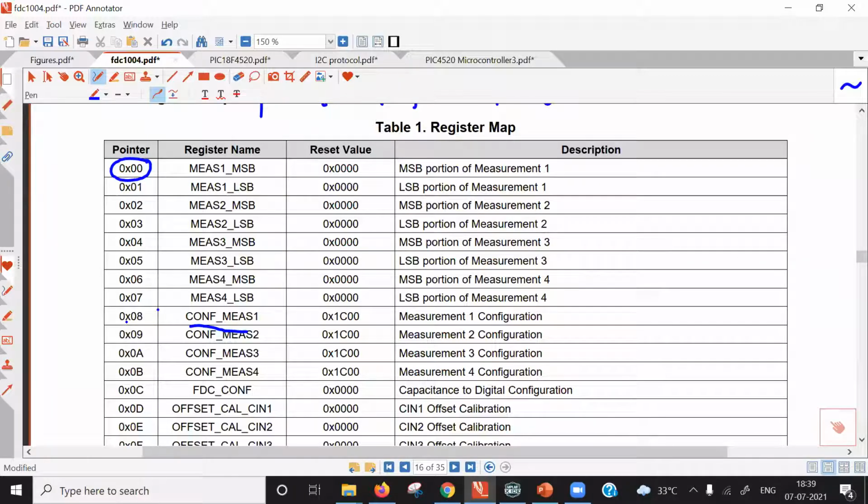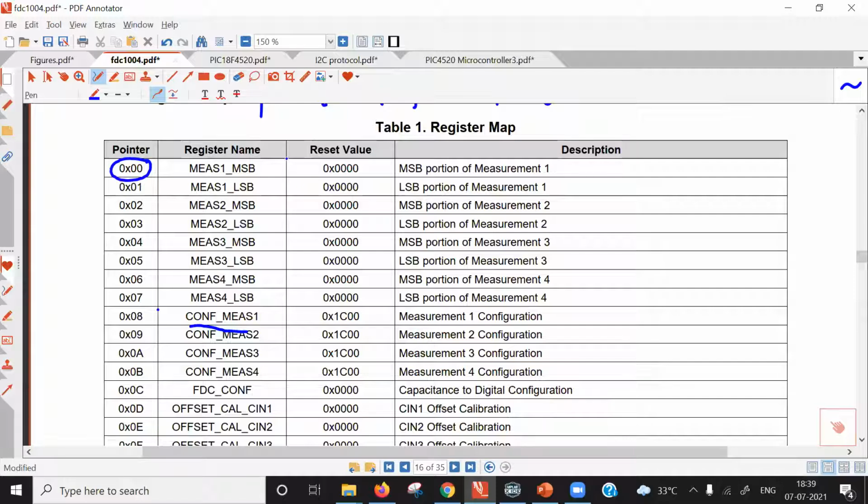Whenever you write the first time, data is written to the MSB part of the config MES1 register, and the second write operation is on the lower part of the config MES1 register. So, the config MES1 register is 16 bit. At a time we can write data to 8 bits. So, the pointer register is really important. Whenever you want to perform a read or write operation to a specific register, that pointer must be loaded with the address of